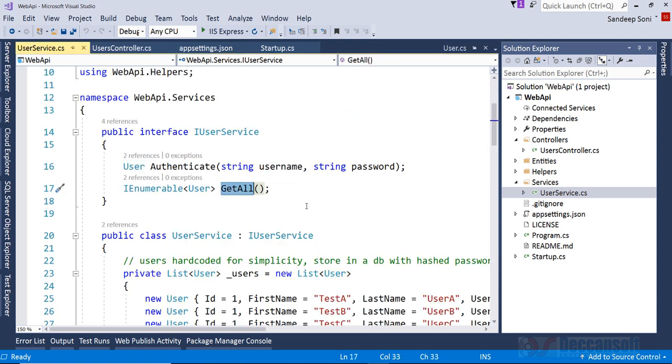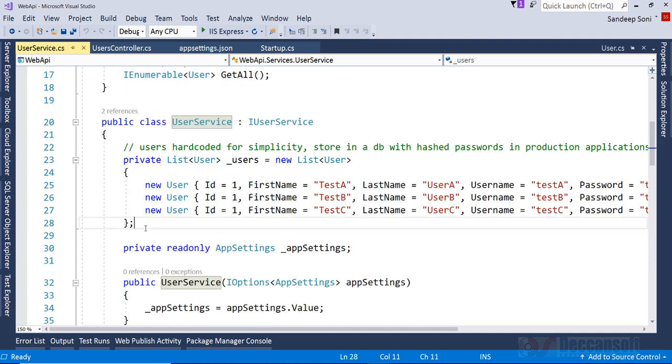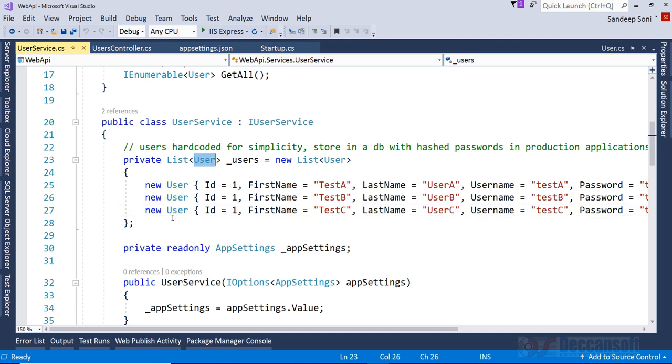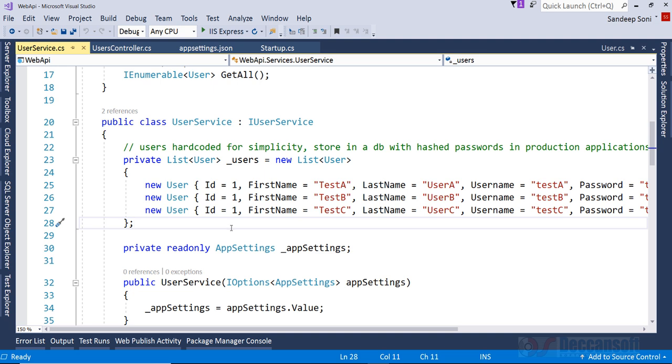So there is one more method added here for demo purpose, get all. So two methods I'm implementing in user service, and this is not linked to any database. For demo purpose, it is only a list of static user objects, but this list can be replaced with a database table. Instead of getting data from the user list here, we can get it from a database table as well. So let's say we have ID 1, 2, 3, first name,